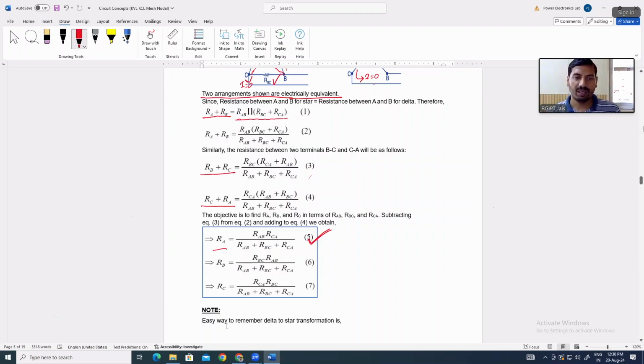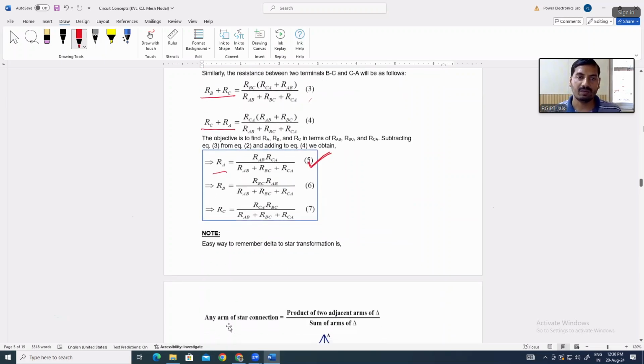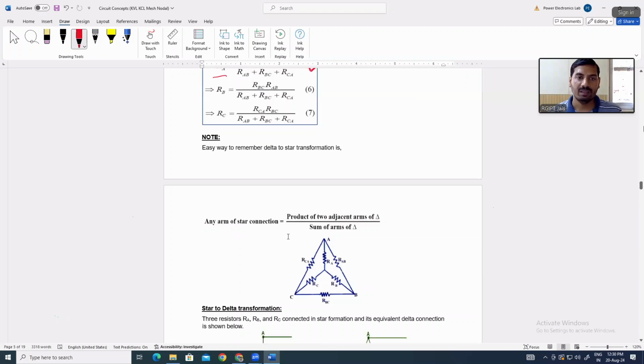So easy way to remember delta to star transformation or delta to star conversion, that any arm in star connection will be the product of two adjacent arms of delta divided by sum of arms of delta. This is the very simple way to remember delta to star conversion. Okay, means any arm of star connection that will be equal to product of two adjacent arms of delta divided by sum of arms of delta. Okay, so